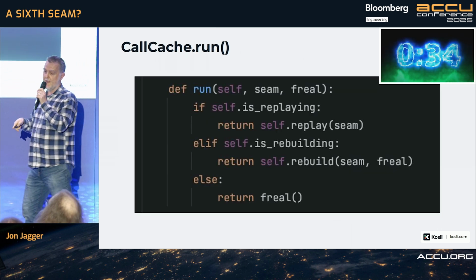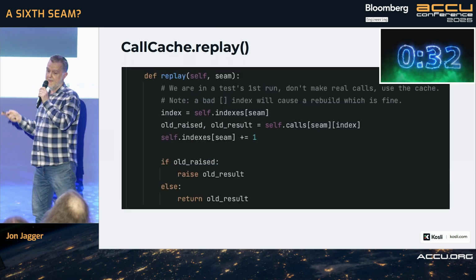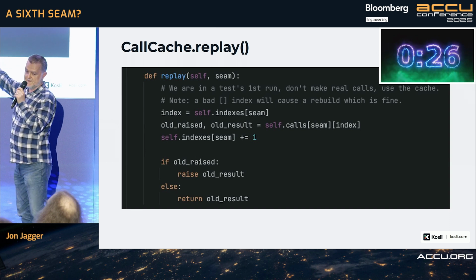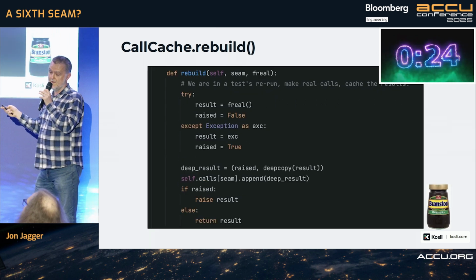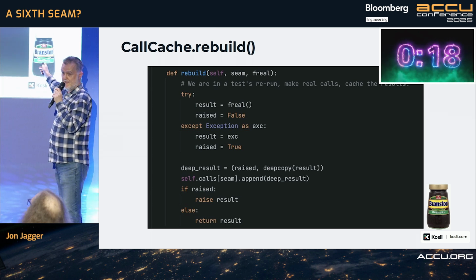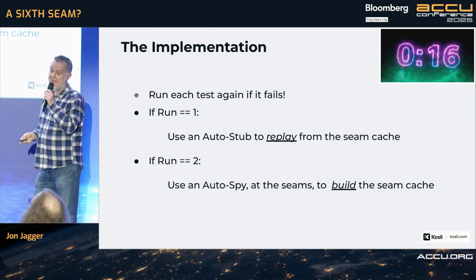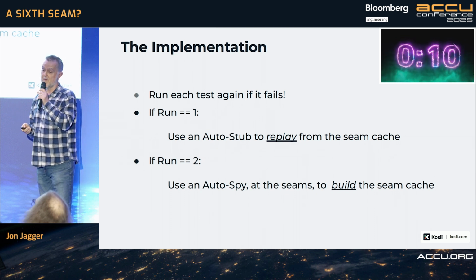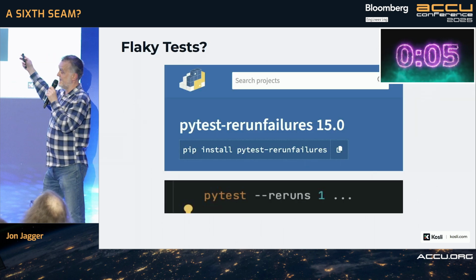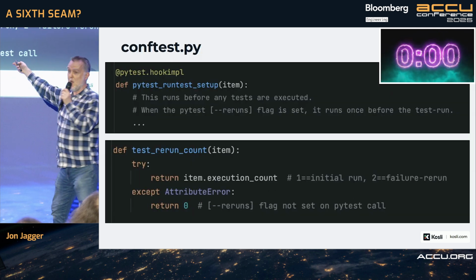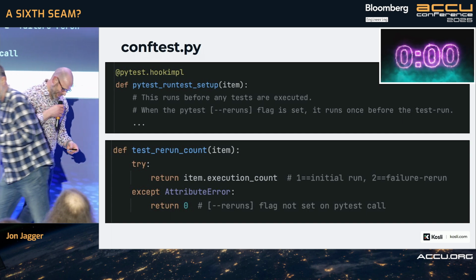Here's the run. Are we replaying? If so, we replay. Otherwise, we rebuild. Here's replay. Try and get it from the cache. If it runs out, it doesn't matter, and it fails, and that's good because you hit the second time. Otherwise, we rebuild. We literally just call the code, fill in the cache. I'm eliding the saving of the cache in the pickle files. And so it just works. The first time, when you run it, you're trying to replay from the cache. It fails. Second time it runs. How does it do it? There's a library called runtime-failures designed for flaky tests. You just put this in your argument, and it works.